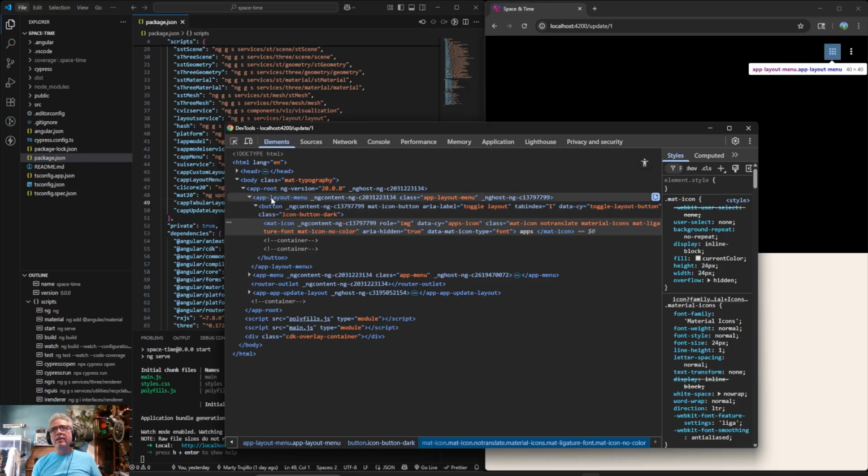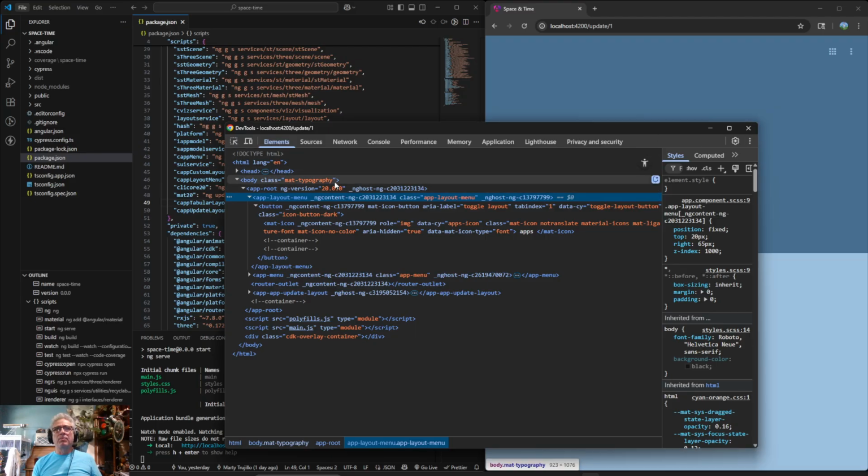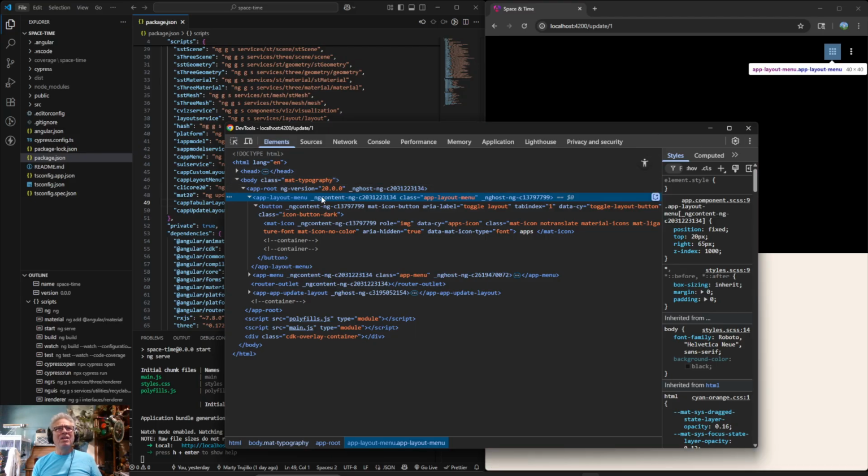So it looks like this is in something called app layout menu. You can tell because when I mouse over here, that completely gets surrounded. The next step for me is always, and this is just me, I'm sure there's an infinite number of ways to do this, to copy that. I double click on it, sometimes it selects the whole thing, then Control C, and then come over here into the search,